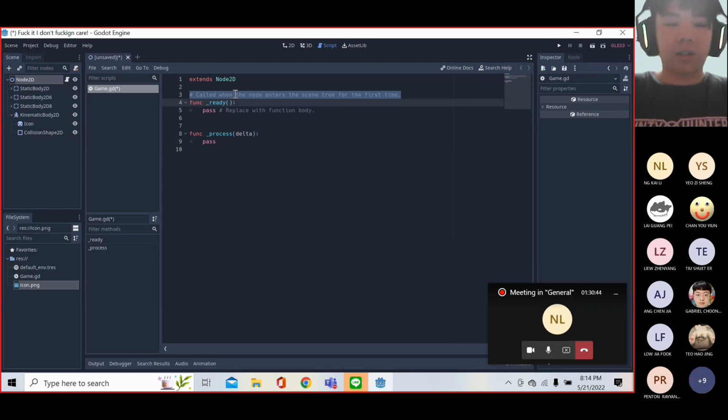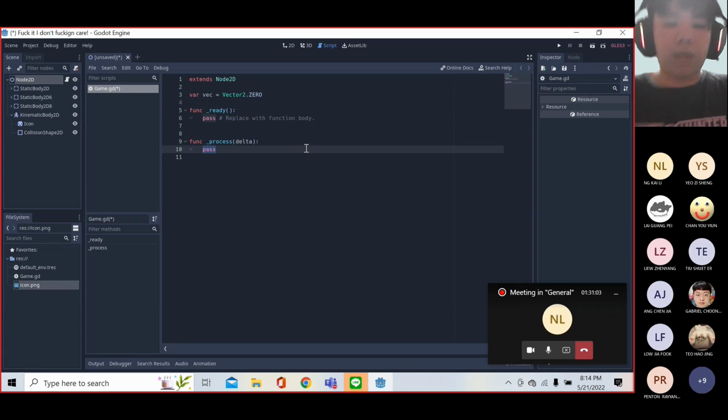And if we want to continue doing this, let's create a variable. You first type var, then create a variable, and here I'm going to call it a Vector2, so therefore it will not be counted as anything else. Vector2.0. Anyway, so if we do this, if Input.is_action_pressed move left, then